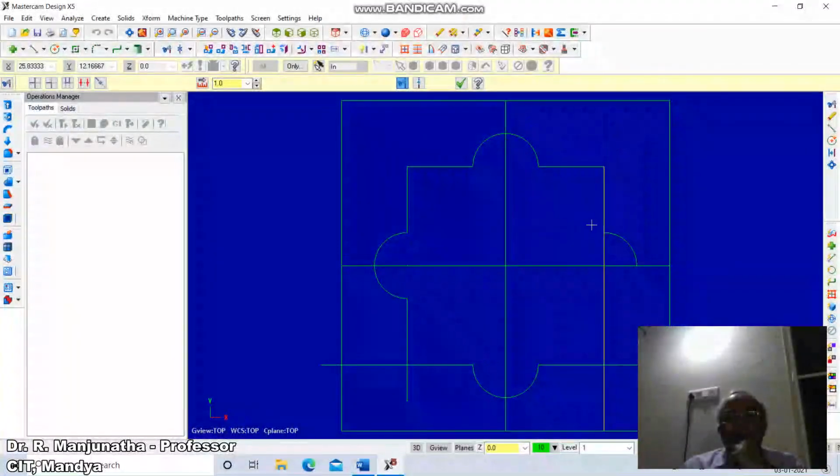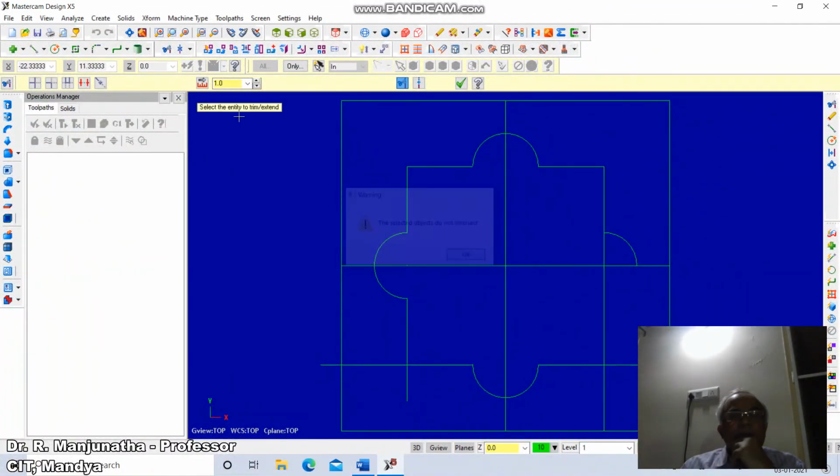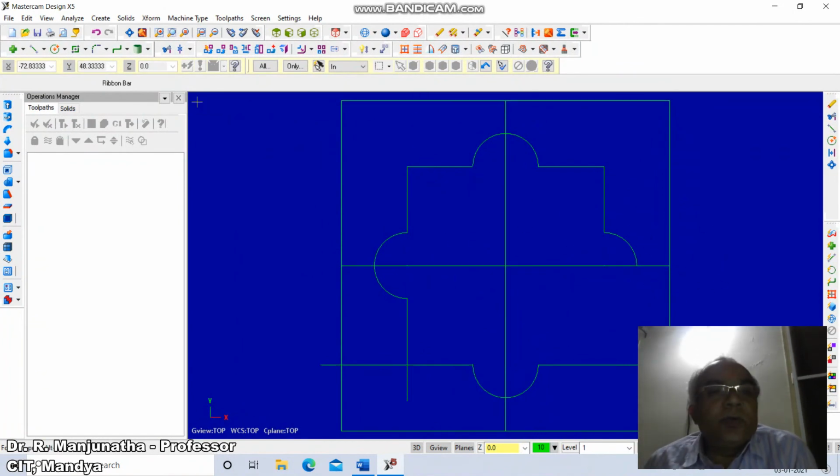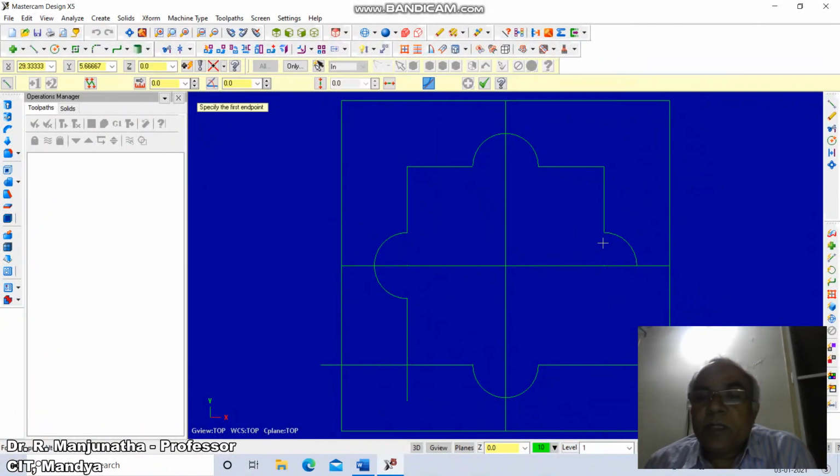We need to trim this portion till here. Then you go to erase this. Go to line command. Take this endpoint till here.